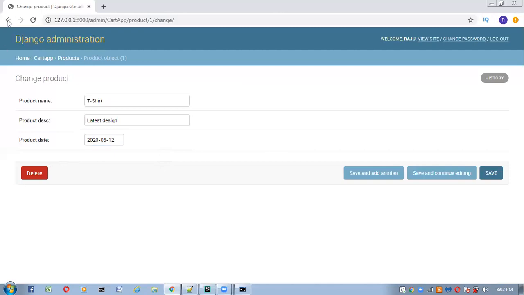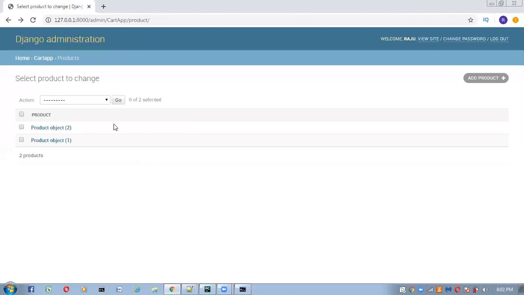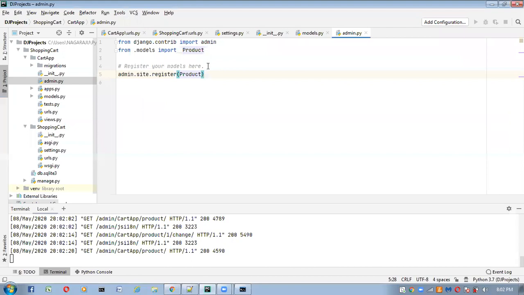Instead of showing it like this, I want to show complete data, whatever data is there inside that product table. I want to see the complete data in the admin interface. How can we see it? For that, inside our admin file, we have to create one more class, ProductAdmin.